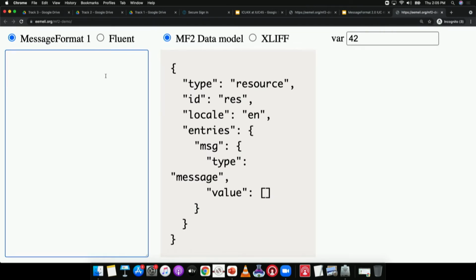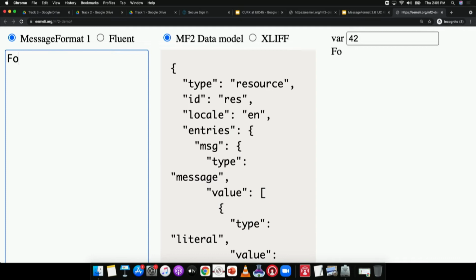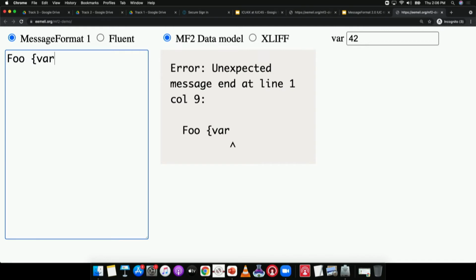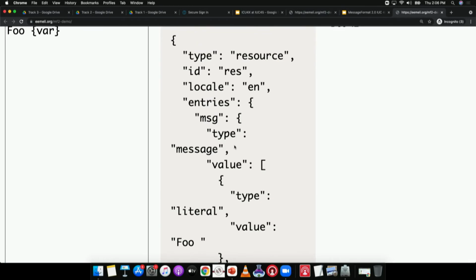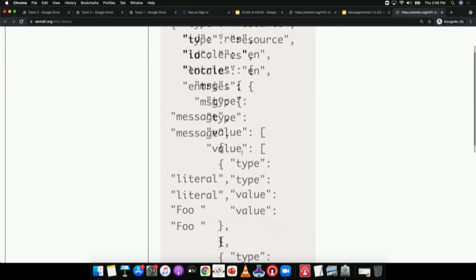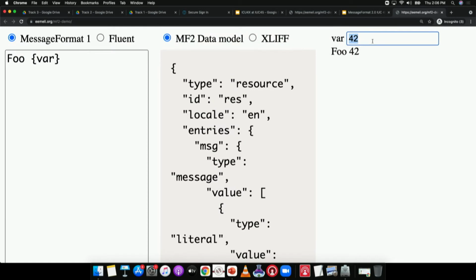So as mentioned, what we can do already, because we've been developing a lot of code in order to implement and develop our own thinking about how this message formatting ought to happen, is take in, for instance, MessageFormat 1 source and parse it from the source into a data model. Think of this as a pseudocode representation of the data model that then goes through a formatting runtime and gives you an output string in this case.